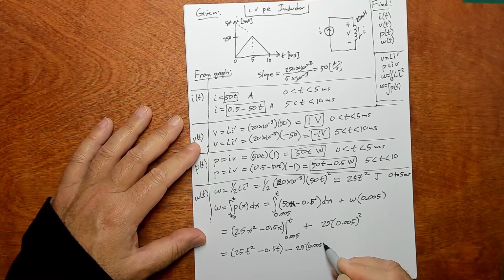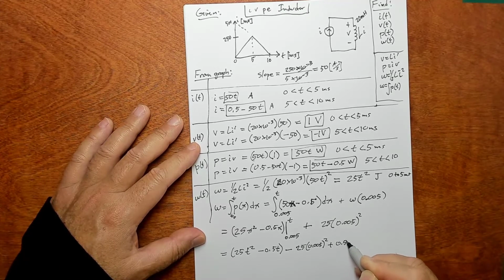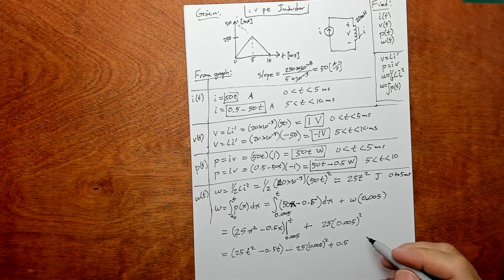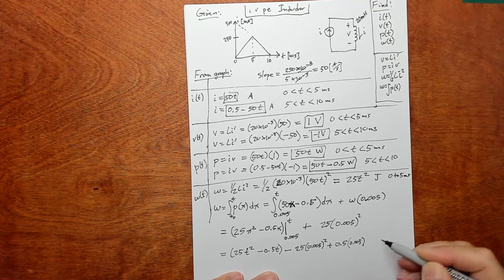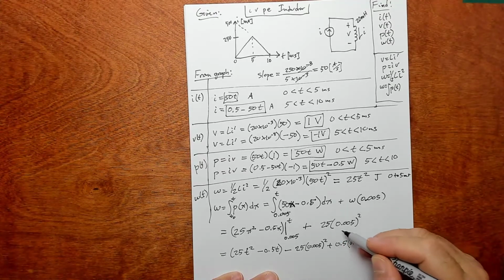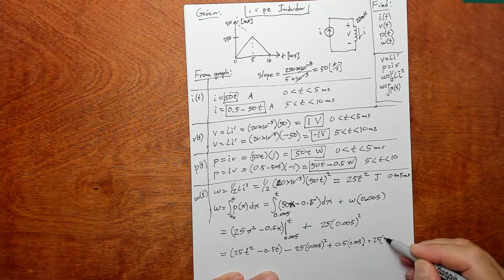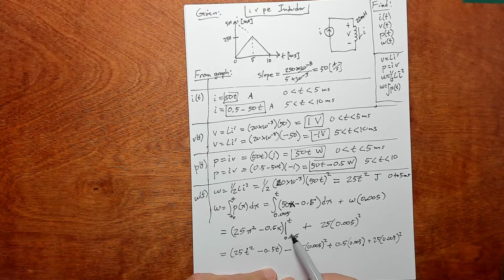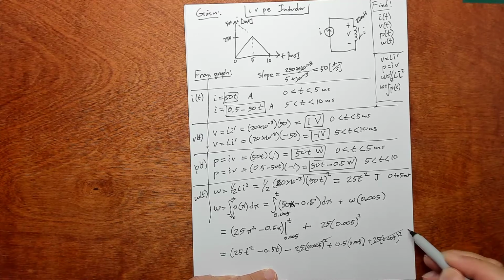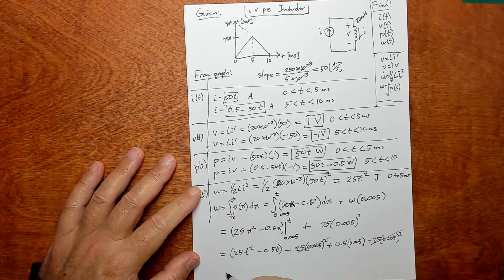0.005 squared, plus 0.5, and then bringing this down, plus 25 times 0.005 squared, and I multiply the negative sign through these two terms here. The negative sign from plugging in the limits of integration. These two coincidentally happen to be the same, so they cancel, and you end up with